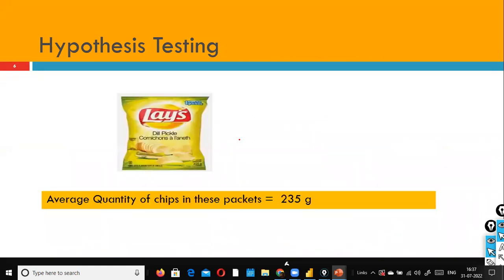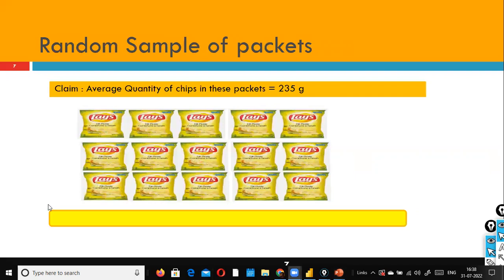So first of all, let us understand the intuition behind hypothesis testing. Let's take this simple example. For example, you bought a Lay's chips packet. On top of the packet, they printed 235 gram. When you unpack this packet, you would expect to find 235 gram of chips inside. Now you want to test it, because you're not believing this. You want to test whether it really has 235 gram or not. So what you're doing is you are buying the